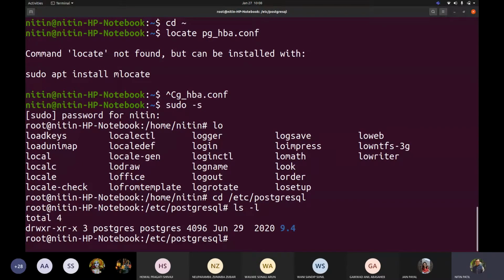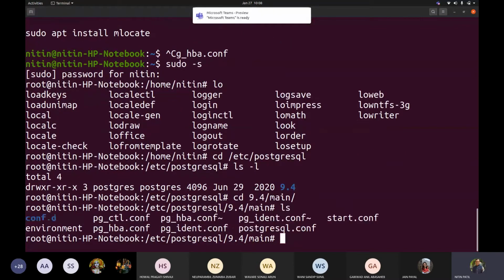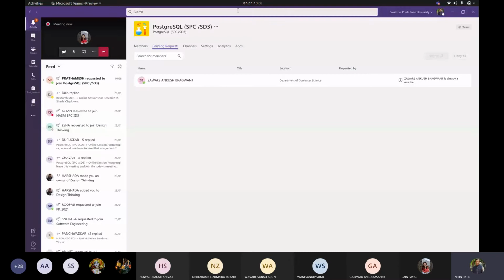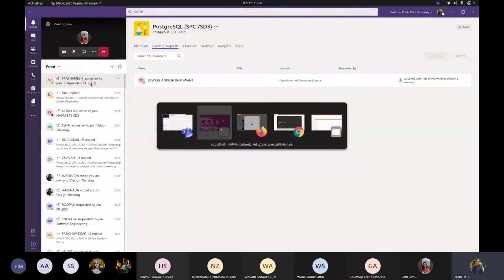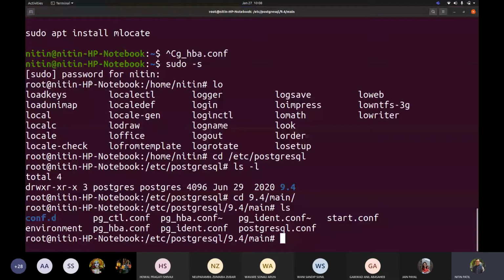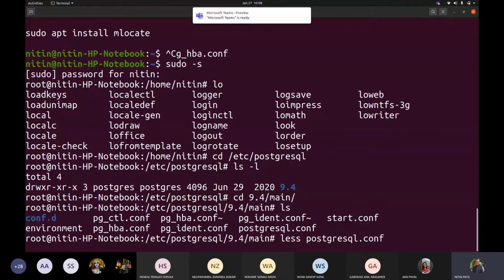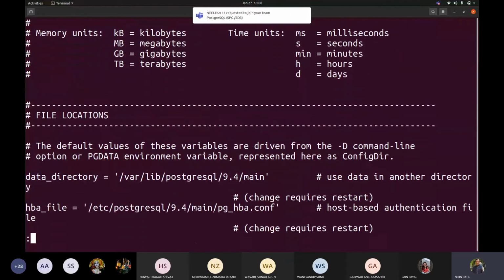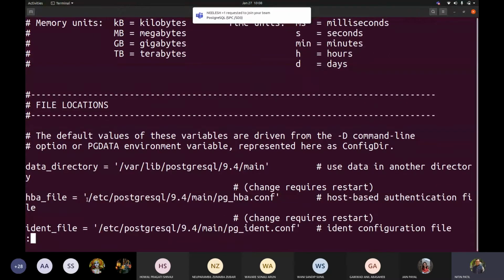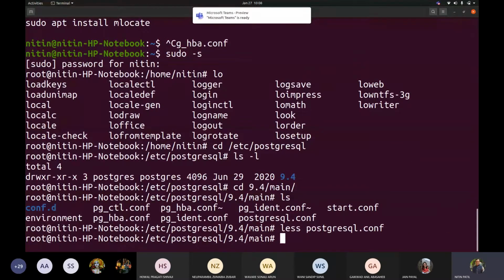You should be able to go to this directory, and then search for the file, first less postgresql.conf. Here, try to find out after installation what directory you give for the data directory and HBA. Configuration by default goes to etc multiple times as per the settings, but I want you to find out how exactly these directories are taken care of from the source code side.